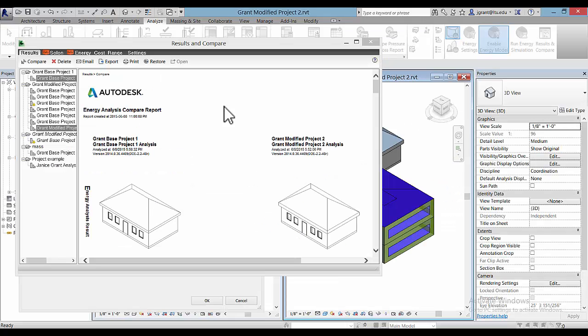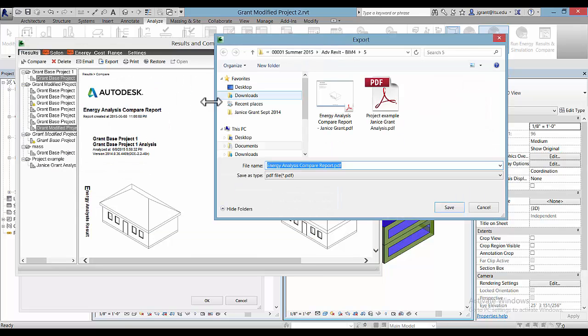So for this assignment, go through what we just did as an experimental way of looking at and comparing these two reports, one without the thermal properties and the other one with the thermal properties added to the model. Export the energy analysis compare report with your name in the file as a PDF so that that's one file that can be posted,